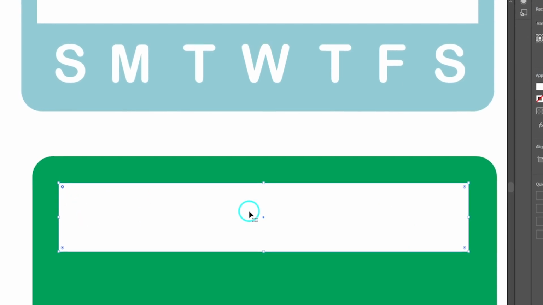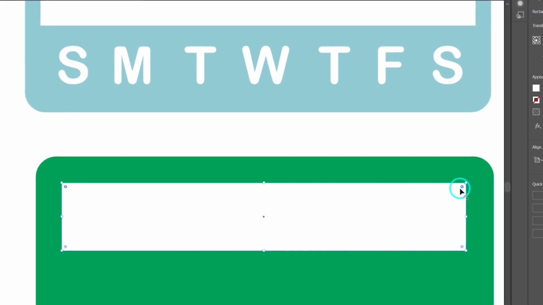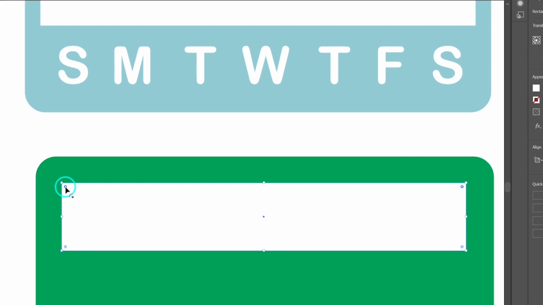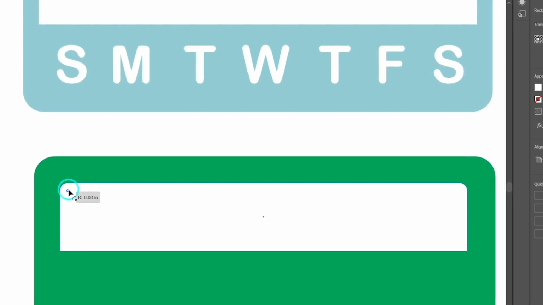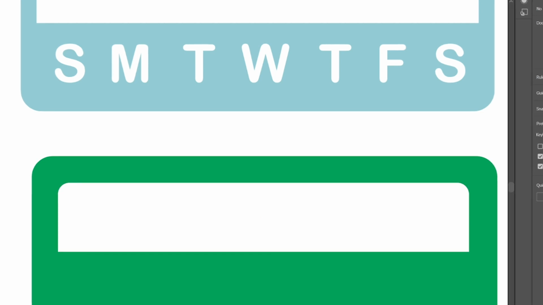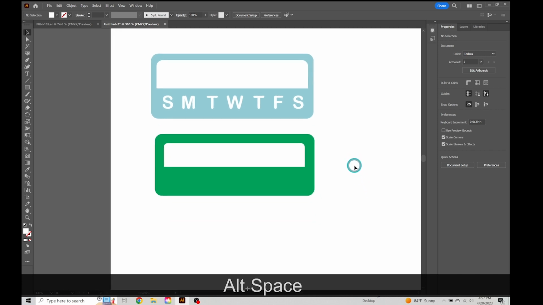And now you'll be able to see, so I'm holding click, hold shift, click again. You can see that the nodes turn to regular, almost bold circles instead of these little bullseye looking things. And that will tell you that those 2 are selected. So now if I click, hold, and drag, both of these corners will now curve as they come in. Okay, so let's do something like that. That looks good. We can click off there, and now we see the 2 are curved, and the bottom 2